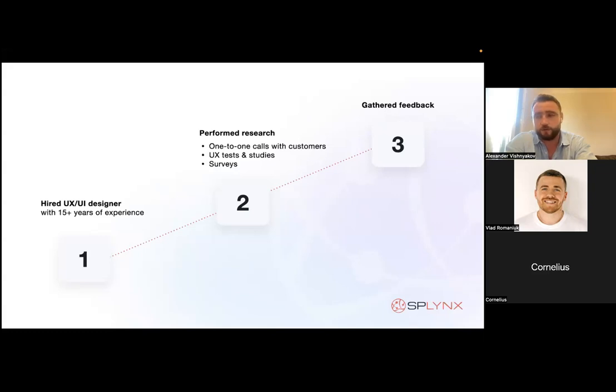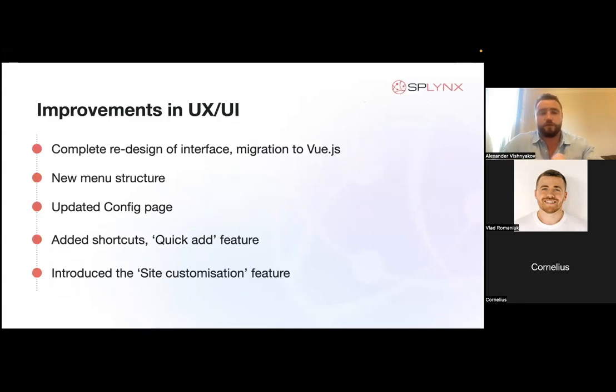So Andrew is part of our product team. He is one of the main decision makers of how Splynx will look in the future. And he is the person responsible for these 4.0 changes and all these usability improvements. What we did, we redesigned the interface,